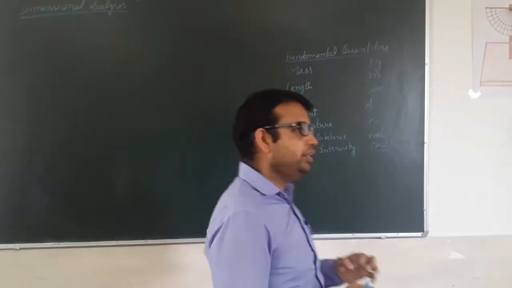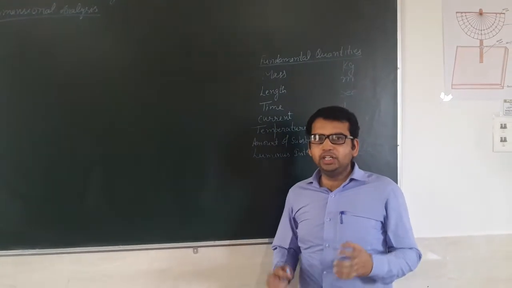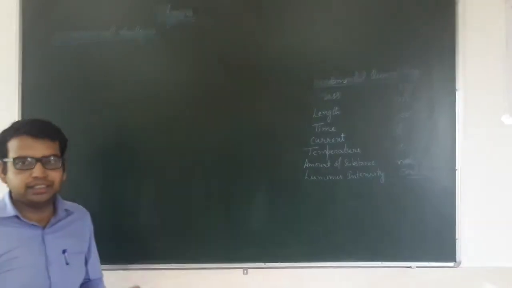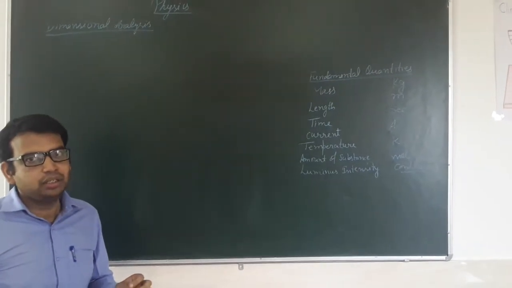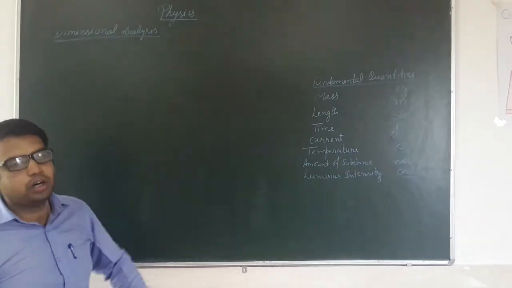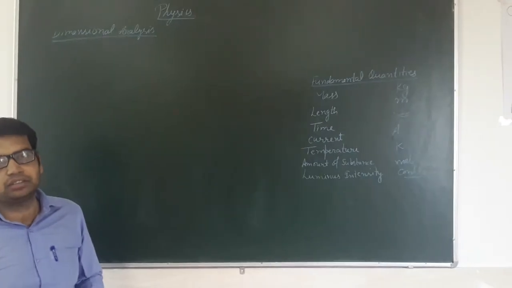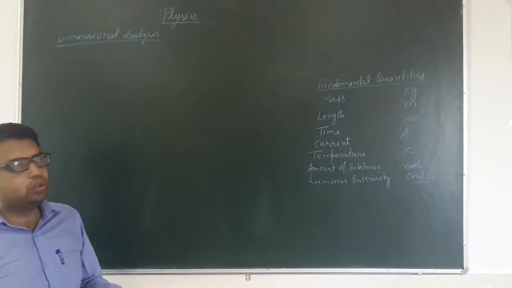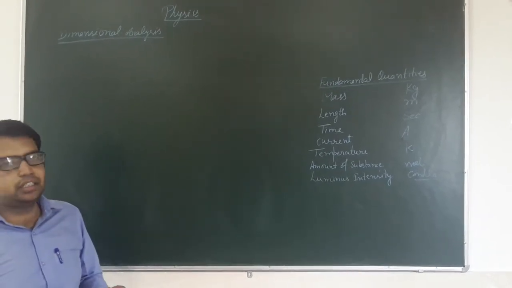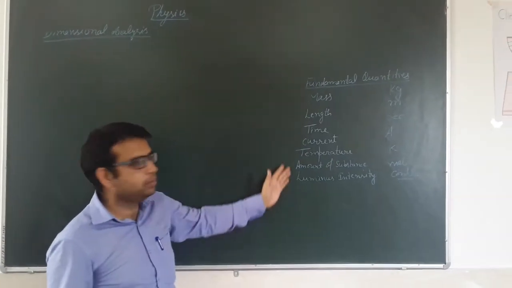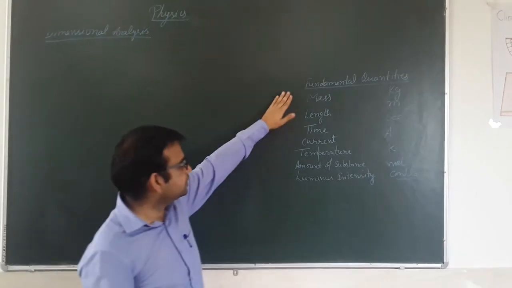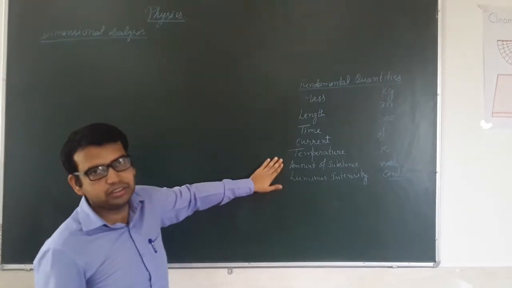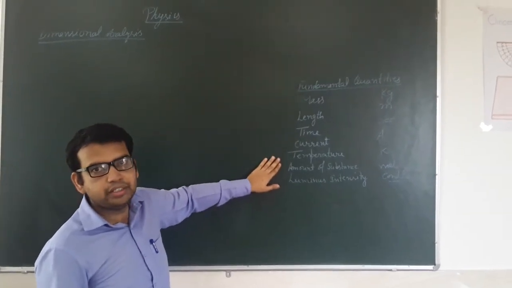Now we try to represent every quantity, whether it may be a basic fundamental quantity or derived quantity. Derived quantities are those quantities which are made by the use of these fundamental quantities. So we want to represent those derived quantities or these basic fundamental quantities in terms of only these fundamental quantities. Because these are 7 in number, if I represent every quantity in these 7, then it will be quite difficult.